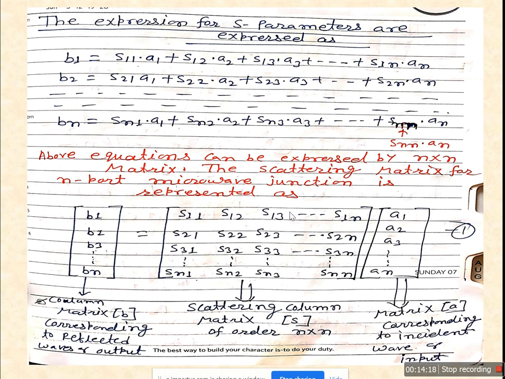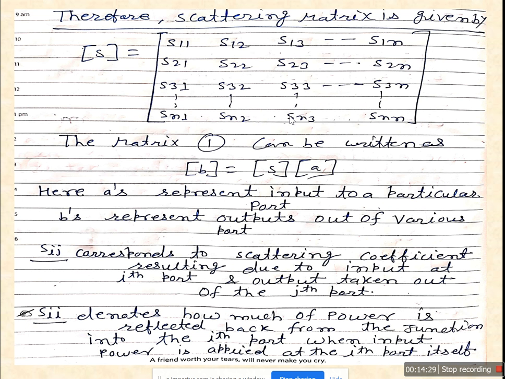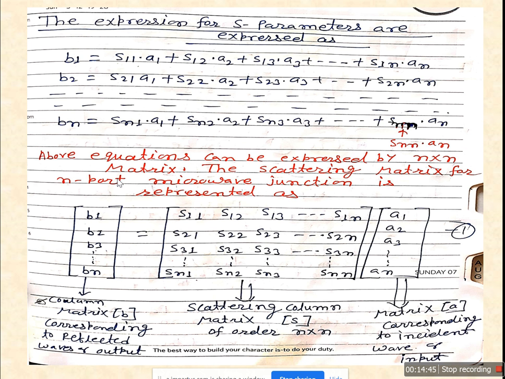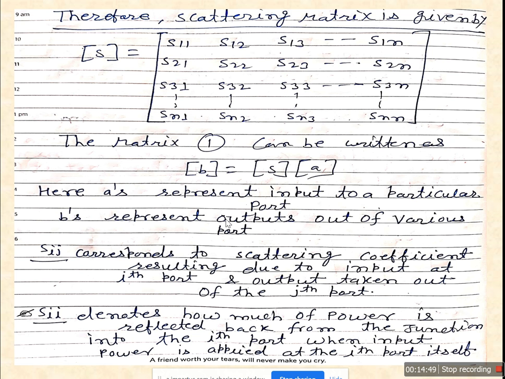Similarly, you can put it in this form and get the corresponding reflected wave. This is the reflected wave, that means the output, then the scattering matrix, and then the input. This is the input portion. The scattering matrix is represented like this. You need not write these terms in the 2 marks question. If the question asks what defines the S matrix, you can simply define it and write like this, or move directly to the properties.